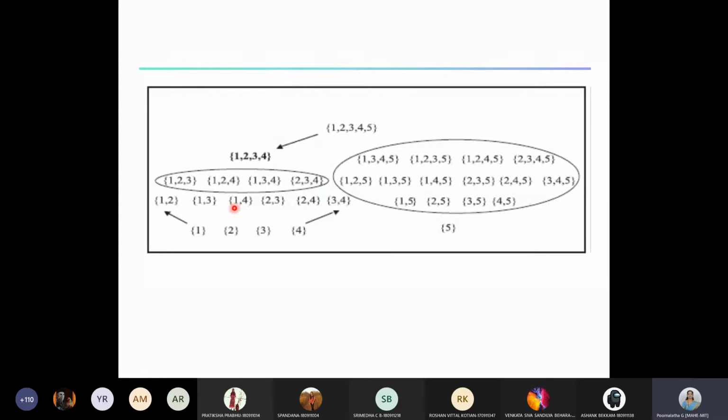Okay, this one. Here this is our C1 and this is our MFCS. We are reading the database and counting the support of 1, 2, 3, 4, 5 and also 1, 2, 3, 4, 5. Then we'll come to know that from C1, these are all the frequent item sets. So this becomes our L1 and this 5 becomes our S1.